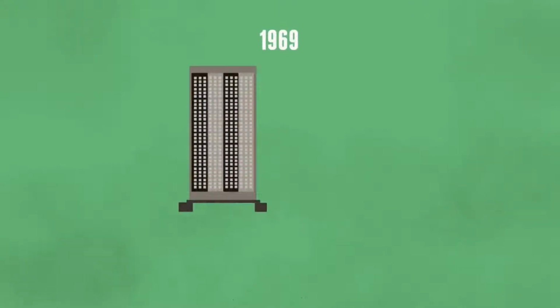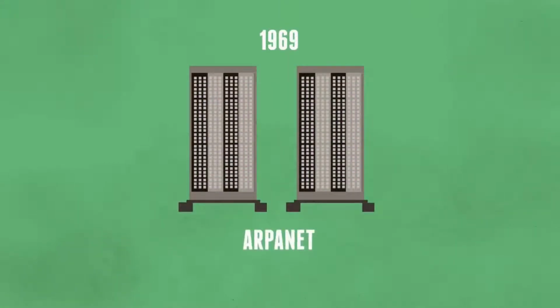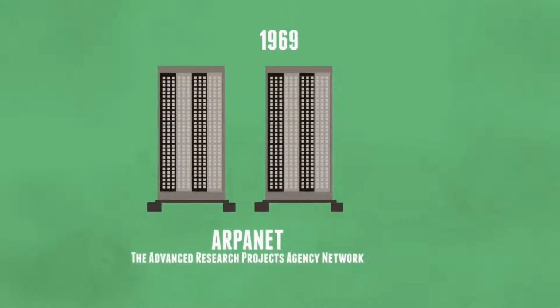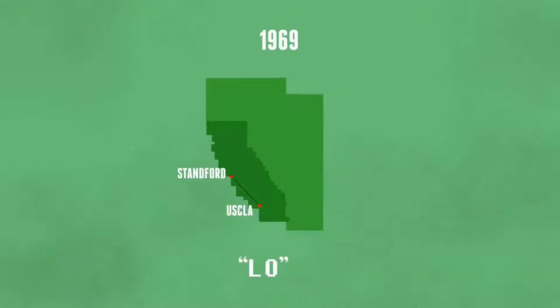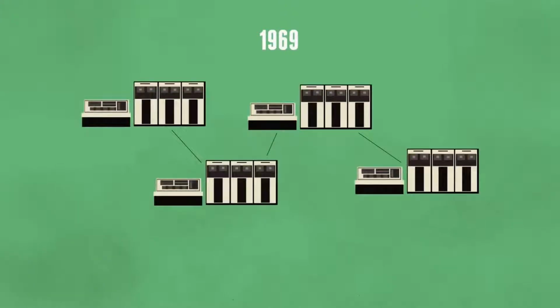In 1969, the first ever message was sent from one computer to another over the ARPANET, the government's computer network at the time. ARPANET stands for Advanced Research Projects Agency. One computer was located in a research lab at UCLA and the other at Stanford. All the message said was "login," and it didn't fail to crash the network. Stanford only received the first two letters of the message, but hey, you gotta start somewhere. By the end of the year, only 4 computers were connected to this network.